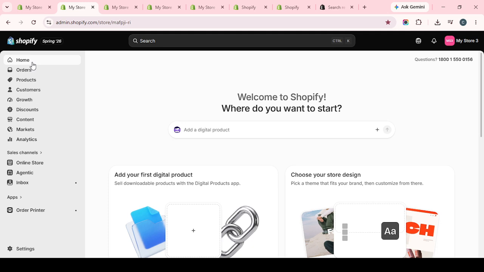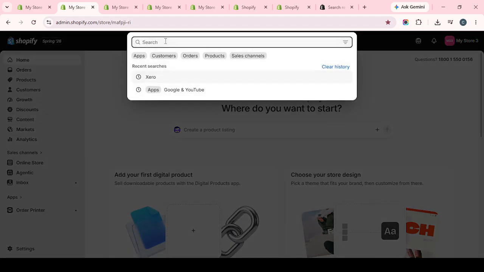From there, look for Apps and Sales Channels. This is the area where Shopify lets you manage the tools and integrations connected to your store. When you open it, you'll be able to add new sales channels that help you sell across other platforms, including